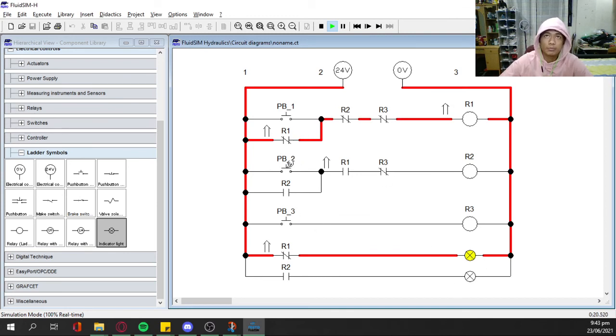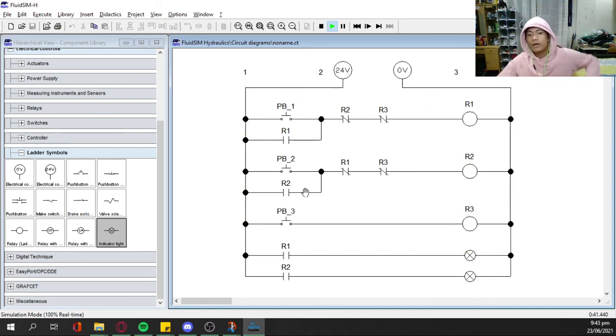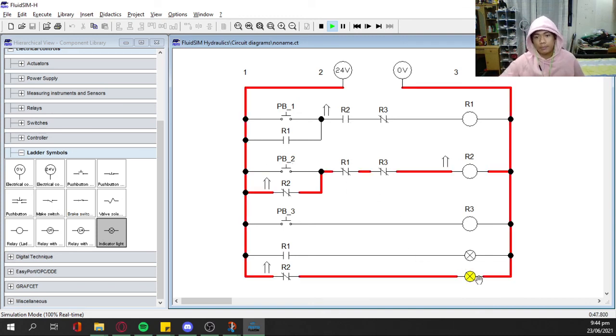And if we press button 2, it should not affect the output for push button 1. So there we go. There is no output. And if we press push button 3, it should reset the circuit. So there we go. Now, if we do the same thing to push button 2, lamp number 2 will now